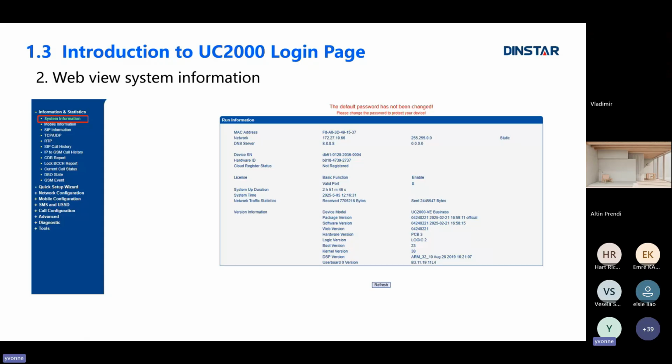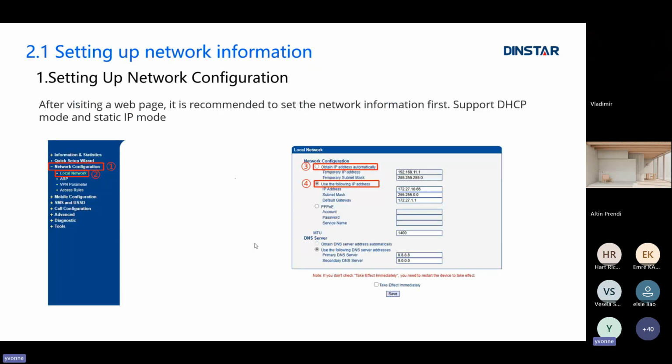Yeah, and after we log in, then we can do the basic configuration for our devices. And we